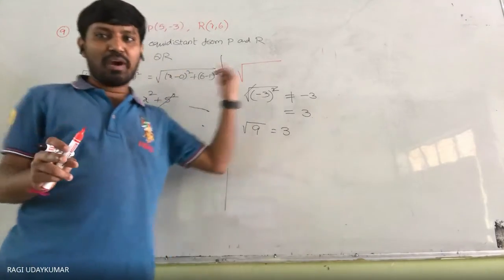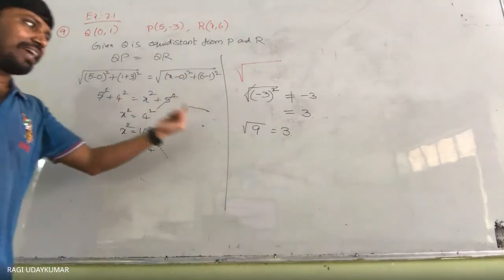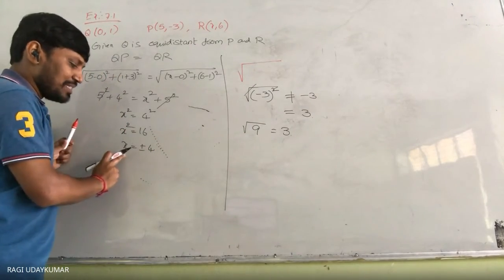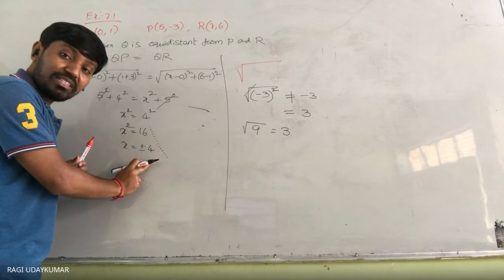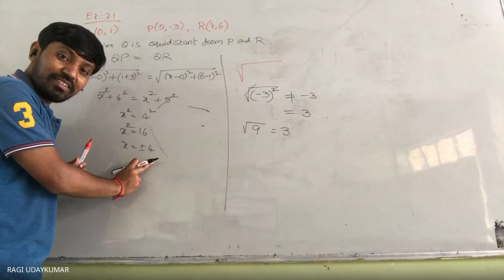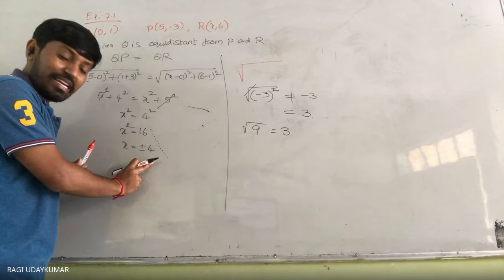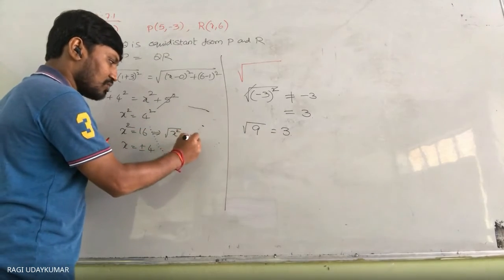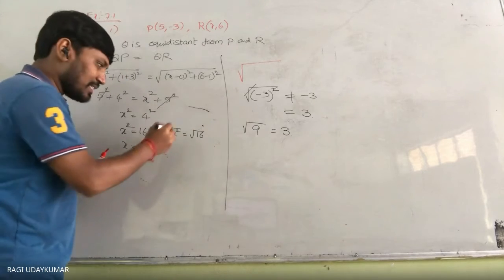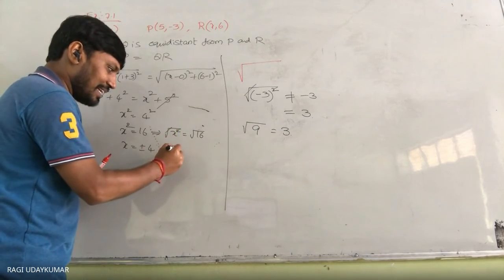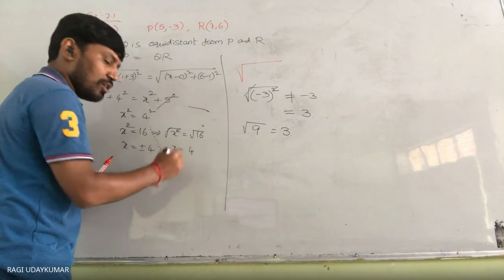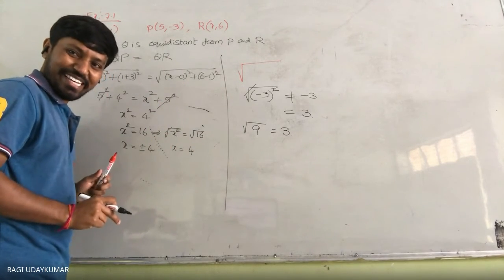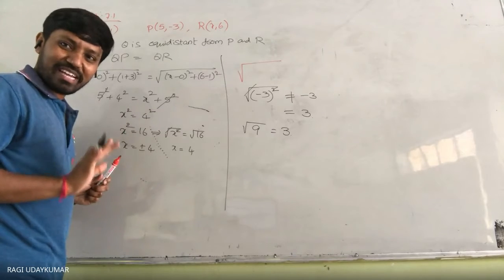And now coming to the point of this one. Sir, square root of 9 is plus 3, so here what do we get? x square equal to 16 means x value is plus or minus 4. How do you get that? Here most of the students will consider square root of x square equal to square root of 16, write it, cancel the square and square root, and write x is equal to 4. So plus 4 will come, as per the truth.